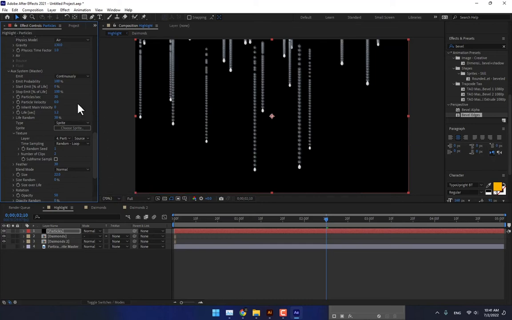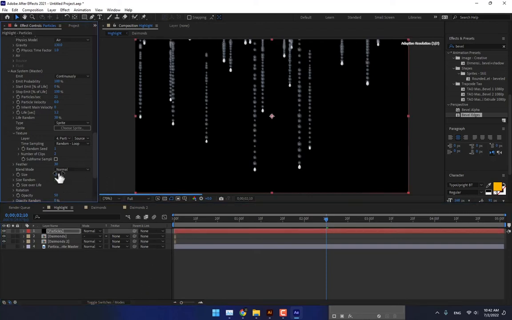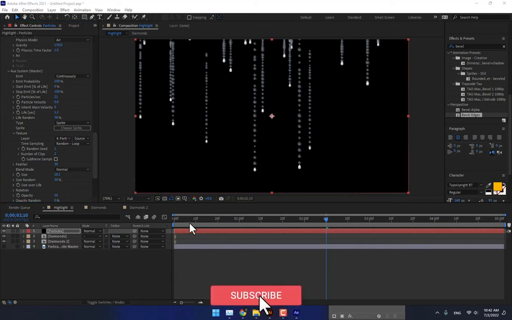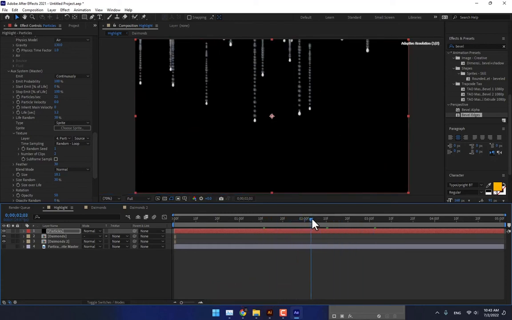Good. And now decrease the particle seconds. Good. And now change the size a little bit down. Random size. So 20. Okay, play. Looking good, but